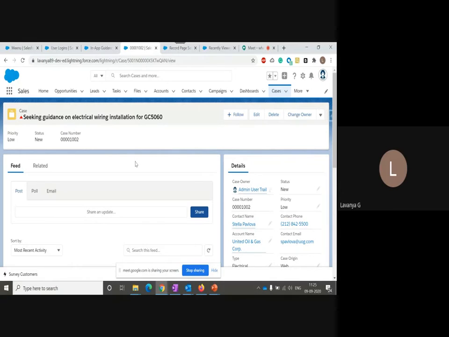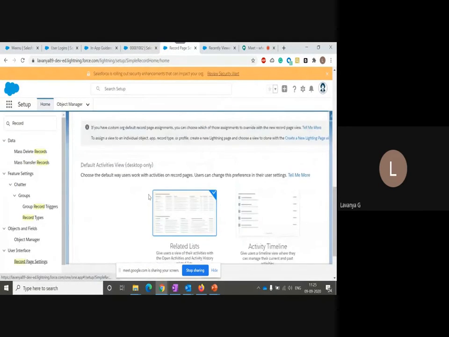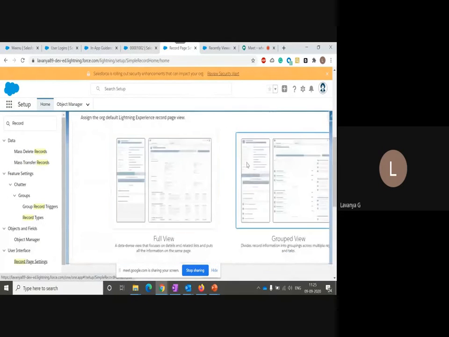Yeah. So this is the view I want to show. The full view. So this is the existing view. I want to show the existing view first. And if you go to the record page settings, you can see an option, full view. This is the one.